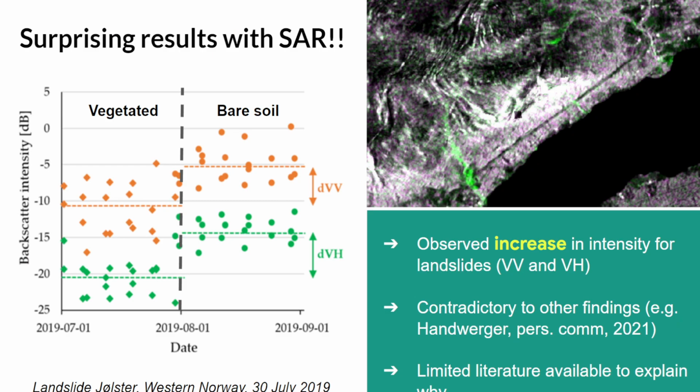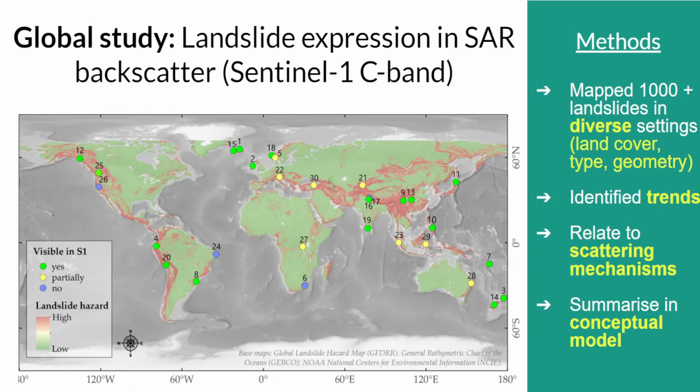So this case study had some surprising results. We saw that the landslides showed increased backscatter intensity, as you can see there with the time series plot. However, others had seen a decrease in intensity caused by landslides. But there was not really much literature available to explain why we saw the difference there. So in order to get to the bottom of this, we did a global study